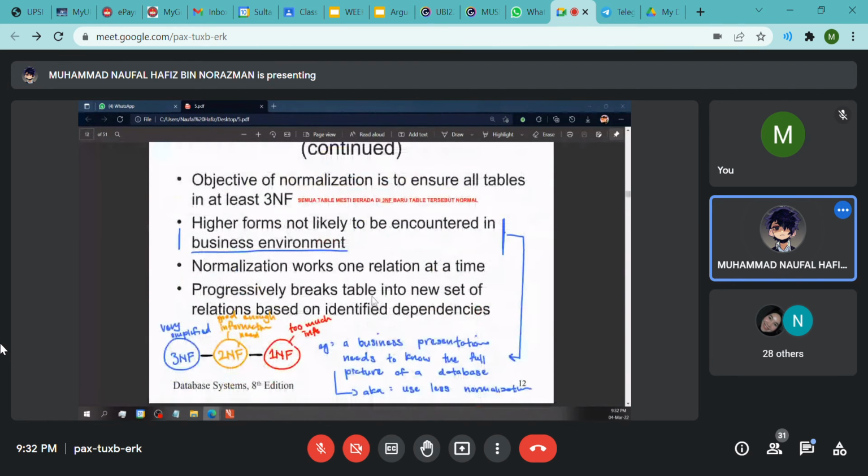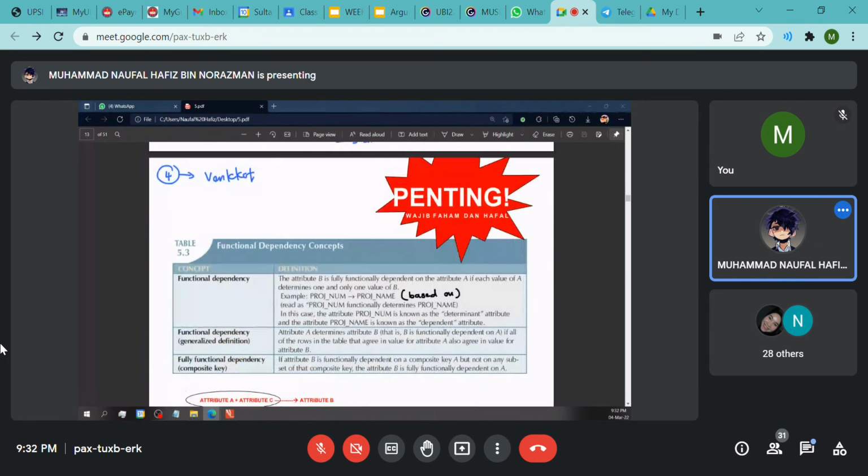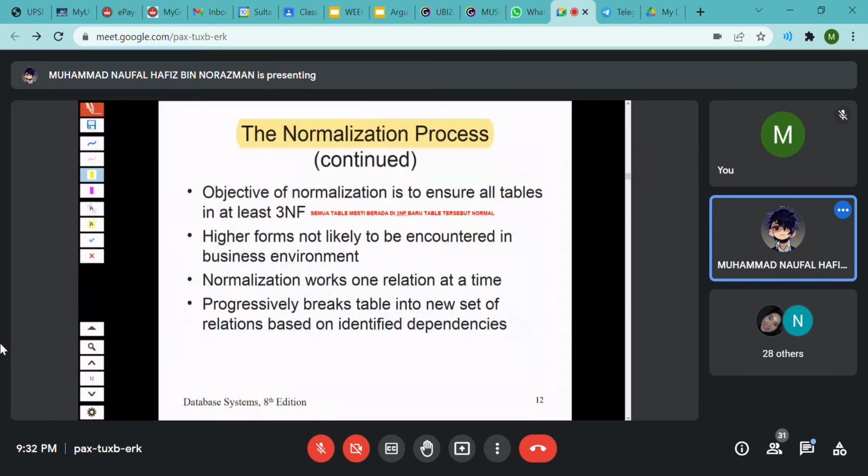Okay, here. So as you know, first normal form is too much information. Second normal form is good information needed, and the third normal form is very simplified. So maybe second normal form is maybe good for presentation. Okay, next is